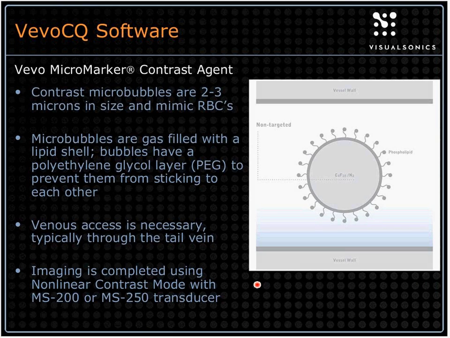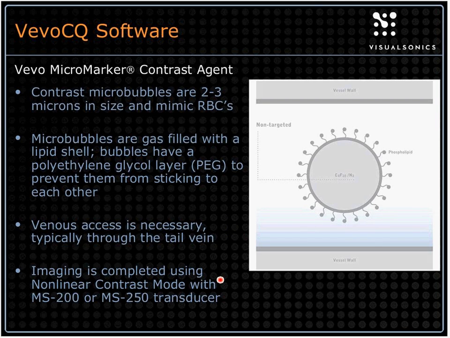Microbubbles, for anybody who has not had an experience with microbubbles, with ultrasound contrast agents, we refer to them as microbubbles because they really are bubbles. They're around 2 to 3 micron in size, filled with an inert gas, lipid shell on the outside. And these mimic red blood cells. They're injected into the venous system, typically through a vein catheter, but there are other portals and methods for doing